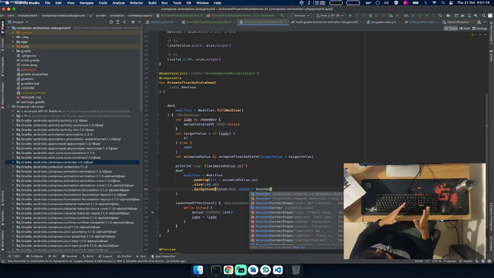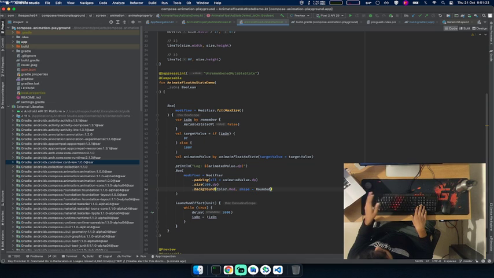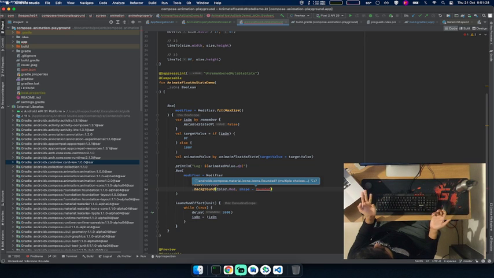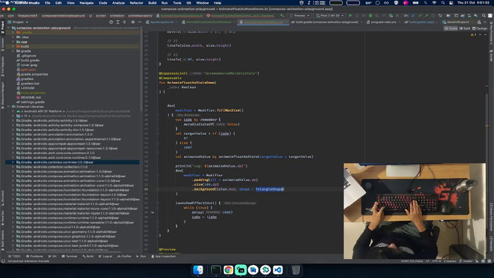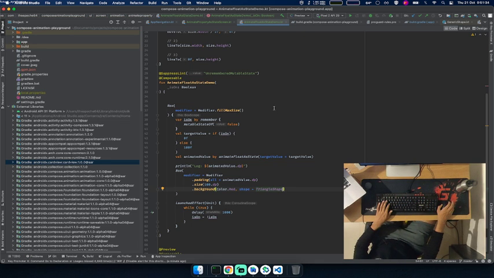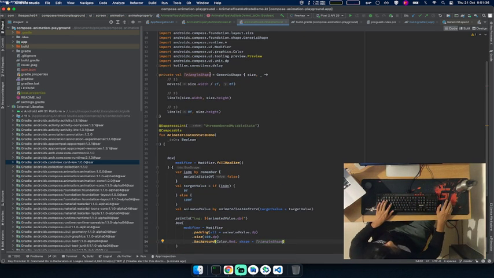Square to circle, right? That we did. Now we are trying to do square to rectangle, or I don't know, maybe something, but this is an object, and